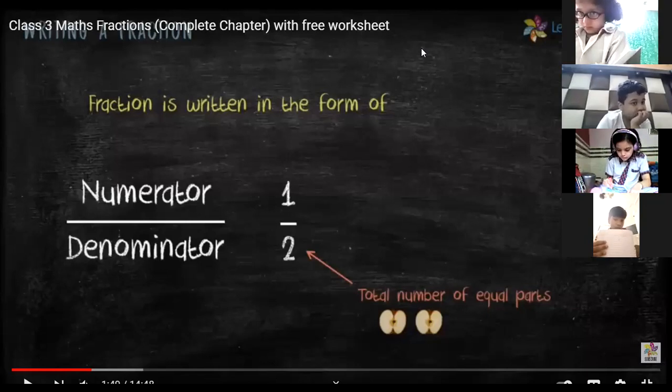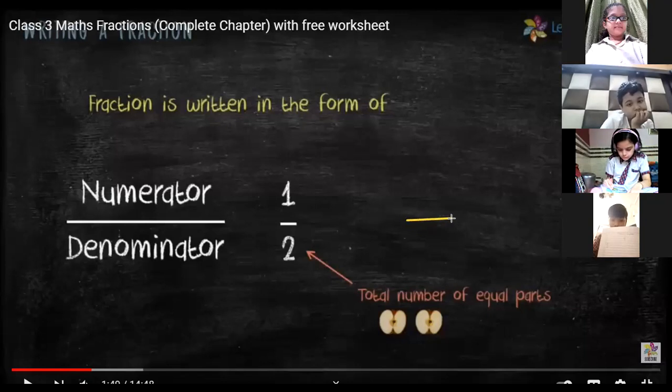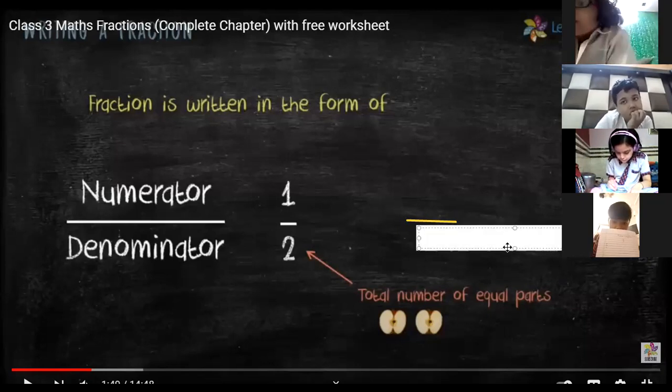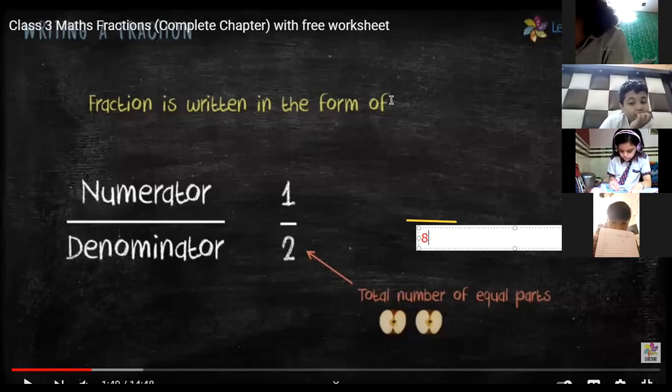Beta, suppose ma'am is just going to take an annotation and suppose in this example, this is a fractional bar. This fractional bar is clear, Vidisha? And can you tell me the total parts of the pizza in which ma'am has divided the complete pizza? 8, ma'am. Very good. So we have divided the pizza into 8 equal parts.